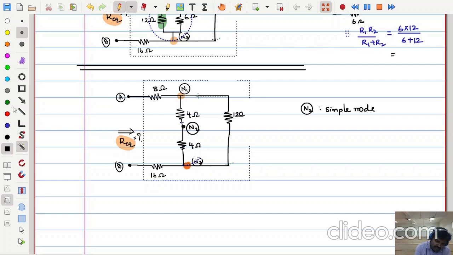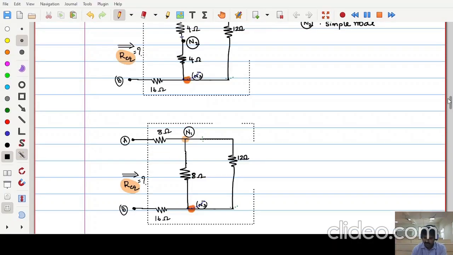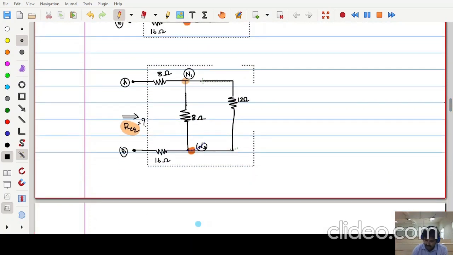So now we can move fast. Why? Because we are now aware of these things. We need not wait, right? So these are in series. Can I replace these two by one element? Yes, sir. So let me take one more step. I want to provide these notes to you. So let us see the remaining simplification of this circuit. Now we got 8 ohms. So 8 and 12, how are they connected and between which nodes are these connected?